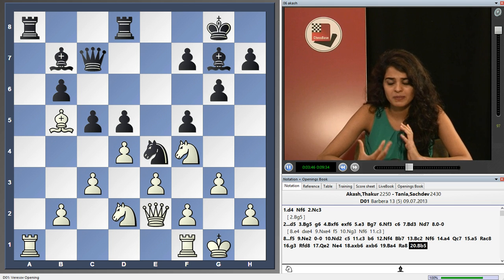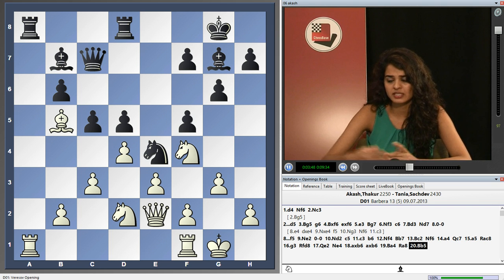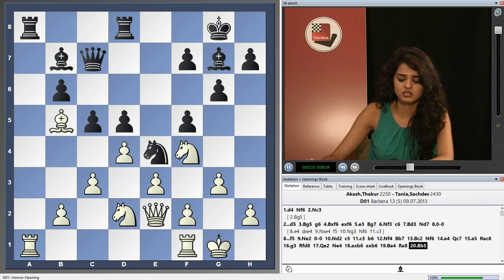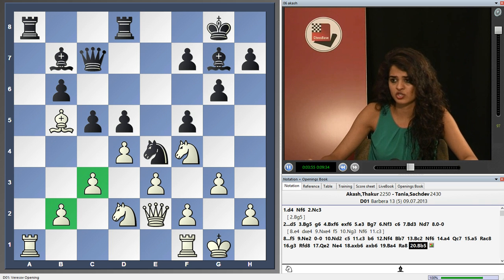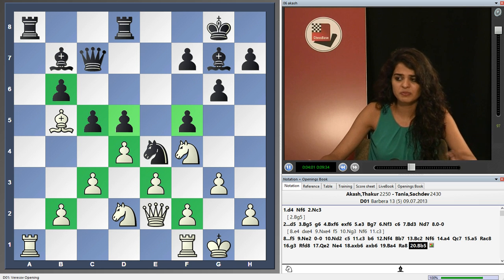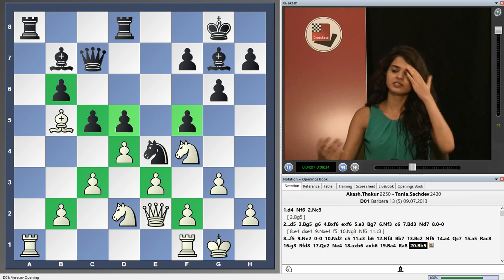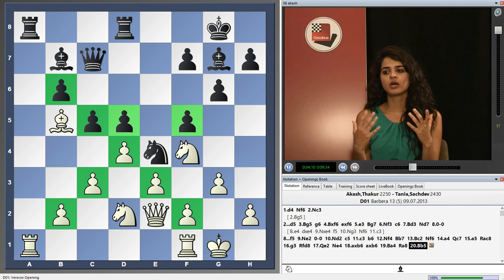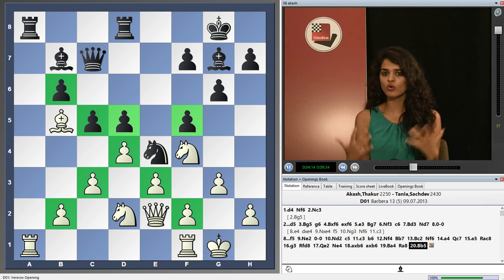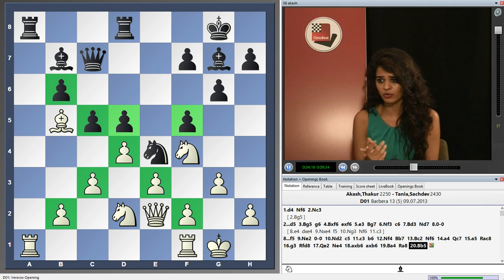The thing is, black has a space advantage here, clearly, because space advantage is mainly based on the kind of pawn structure the position has. And black, as we see, has double pawns, but I don't think it's a weakness here. He's got more space, he's got two bishops, he's playing well. The point with space advantage is that you always try to work on it. You try to push your pawns forward,